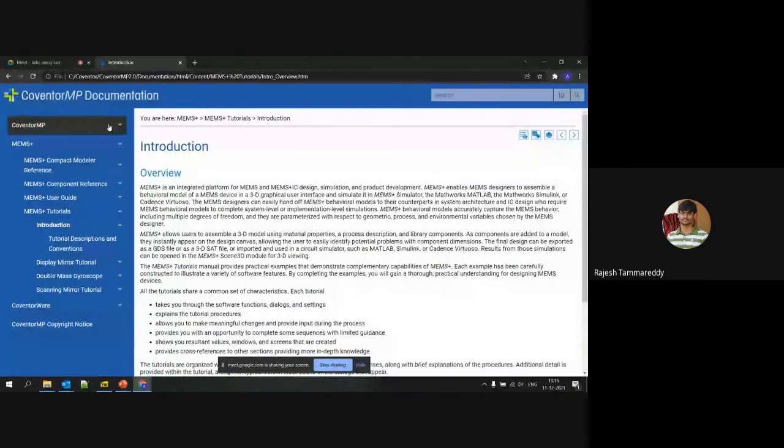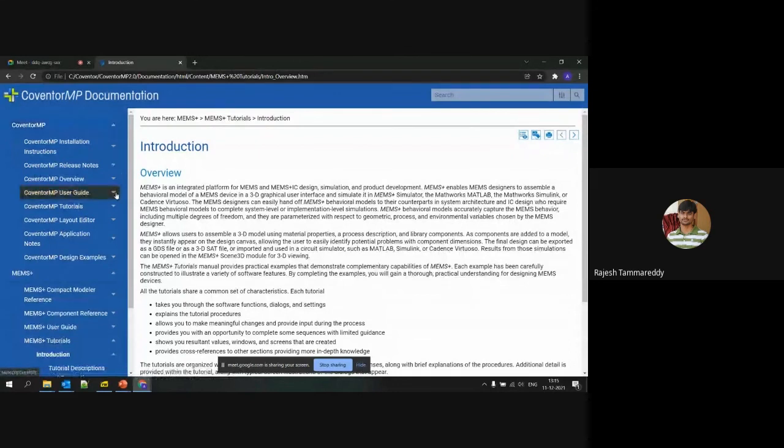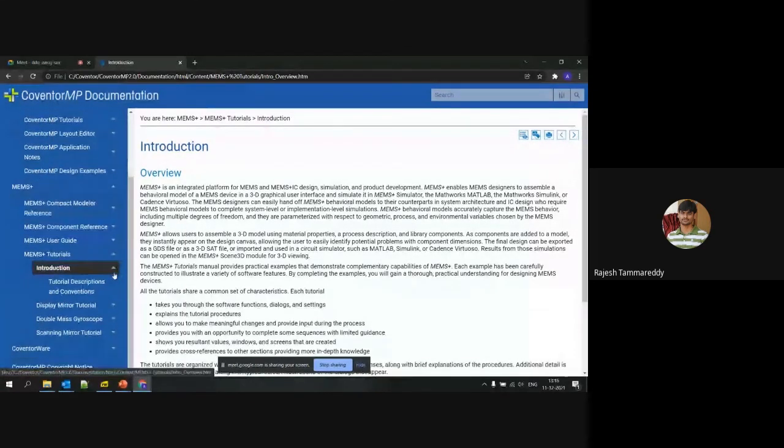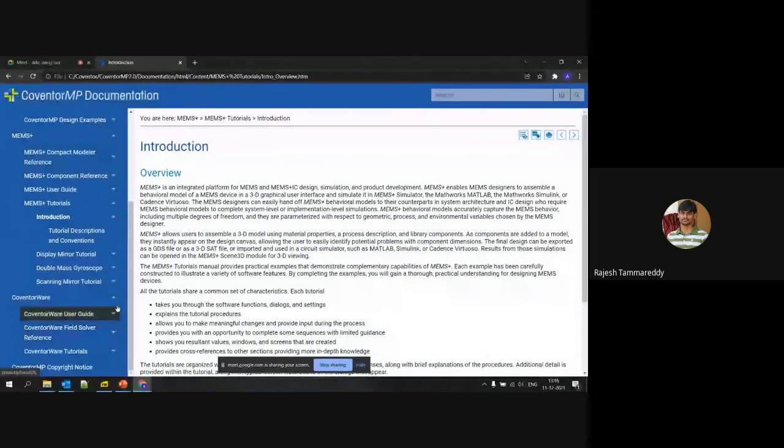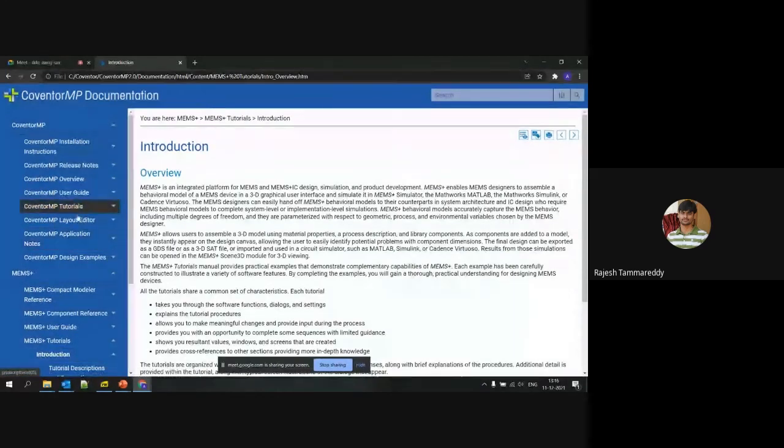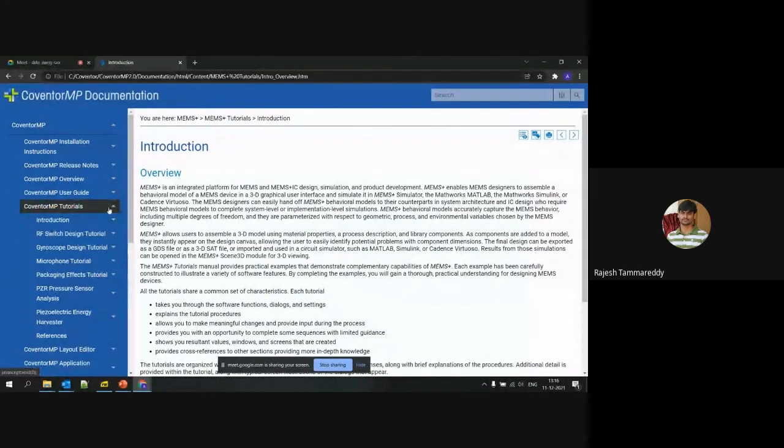On the left side, you see there are multiple sections: Coventor MP, MEMS Plus, and CoventorWare. Each one has its own section of tutorials. In the Coventor MP tutorials, you can see a lot of examples: RF switch, gyroscope, microphone, packaging effects simulations, piezoresistive, piezo energy harvester, and other things.